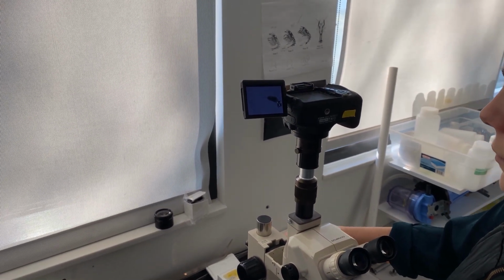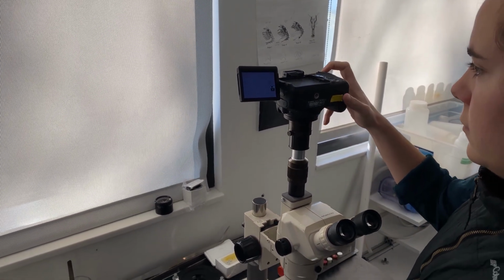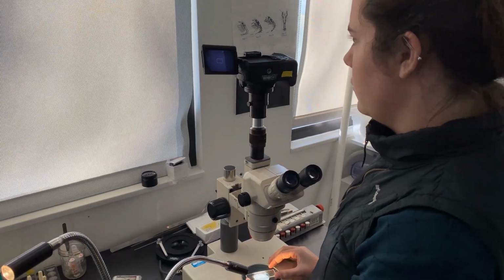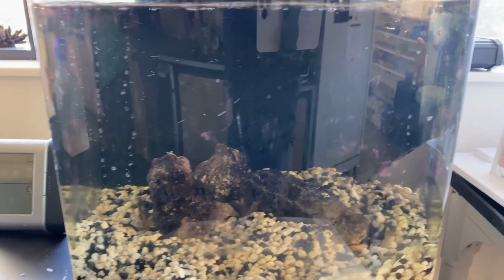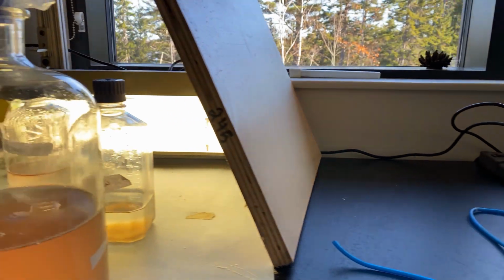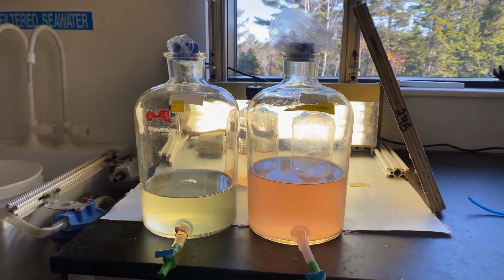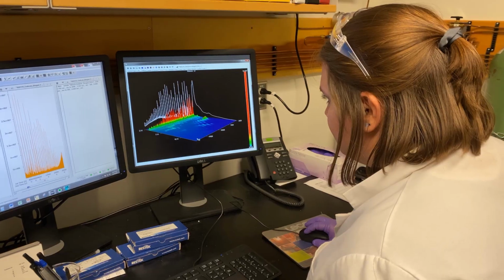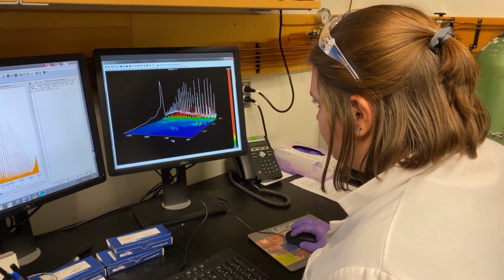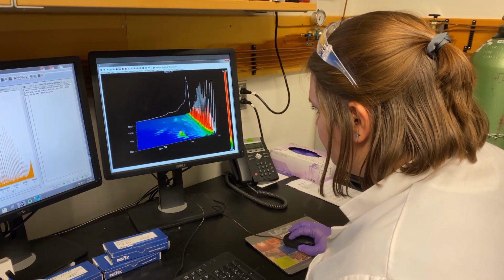A next step would obviously be expanding this to larger mesocosm studies to include other species of copepods that are relevant for the Arctic food web. Part of the direction that we could be going is to look at very, very low levels of oil products on the behavior of these animals and the long-term ramifications that it might have. And also to be looking at the possible accumulation of these toxins inside the animals themselves, these lipids.